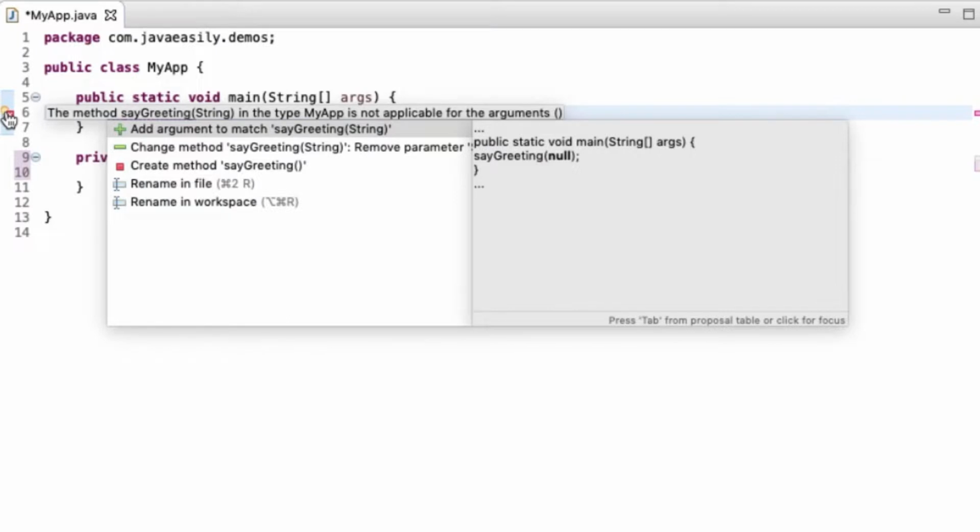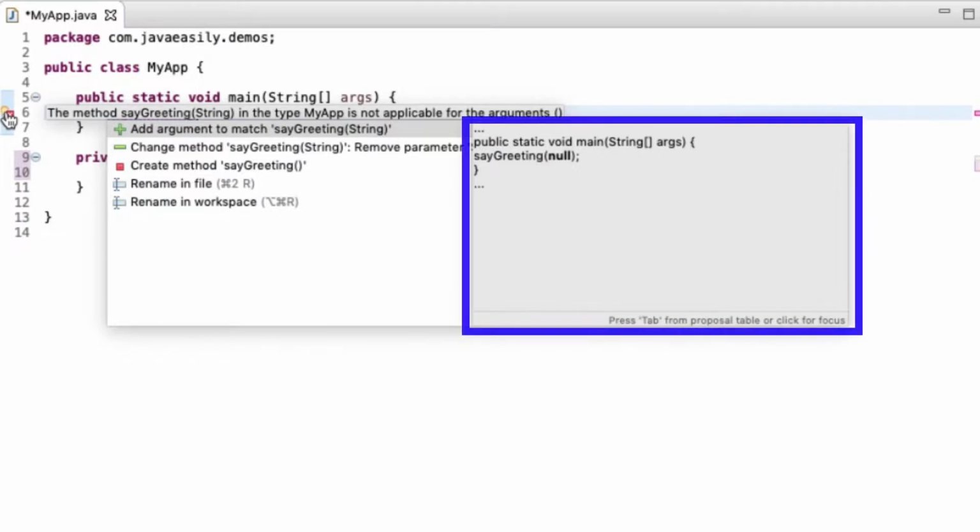And you'll notice as well that on the right hand side, where we saw the documentation panel before, which gave us helpful documentation, this time we've actually got a potential preview of code that it could write for us. Now it doesn't know who we actually want to say the greeting to, whether it's Matt or John, so the best it can infer is just to say, well, okay, don't really pass anything past null. We won't go into null and what that is, it's outside the scope of this lesson, but it's one solution.